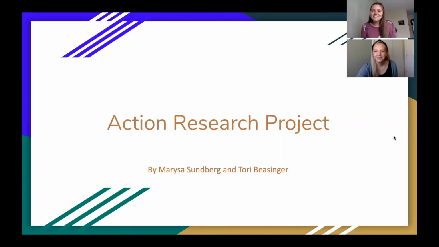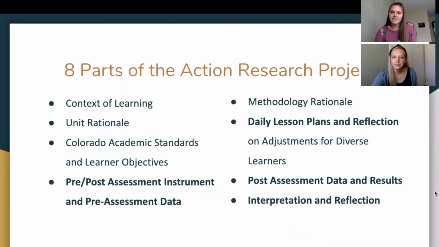We are presenting to you our Action Research Project. This is known as the ARP in the School of Education, and it is a project focused on analyzing data across a unit and those 8 sections. The first part is the context of learning. This focuses on discussing what the population is of the school and the specific class that is receiving the instruction